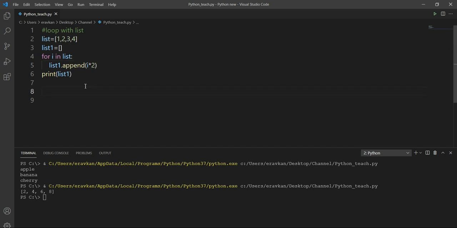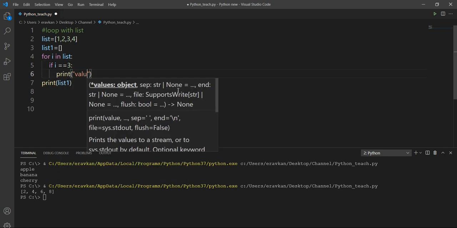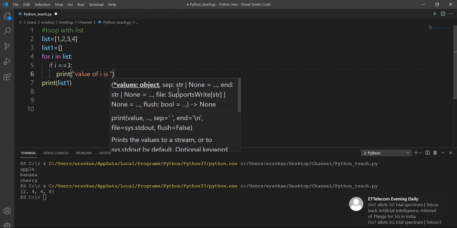So in this way we can perform operations by using a for loop with all the numbers. I can also use an if operation, like if i is equal to 3, then I can take some action here, print value of i is 3.